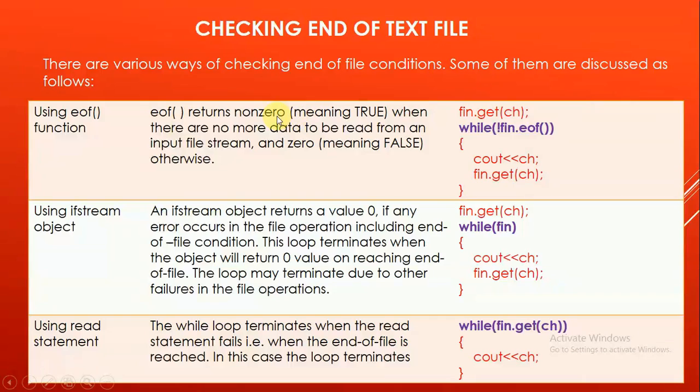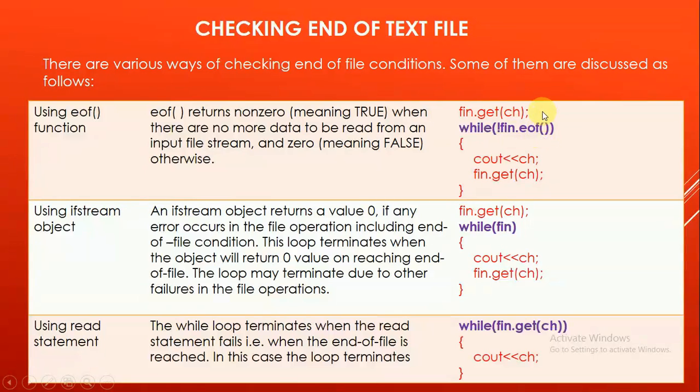Non-zero is always true when there are no more data to be read from an input file stream, and it returns 0, which means false otherwise. So if I give the command fin.get(ch), I am reading, suppose, one single character from a file, and I will read till what? While not fin.eof, while EOF of the file is not reached, because as soon as EOF is reached, it will